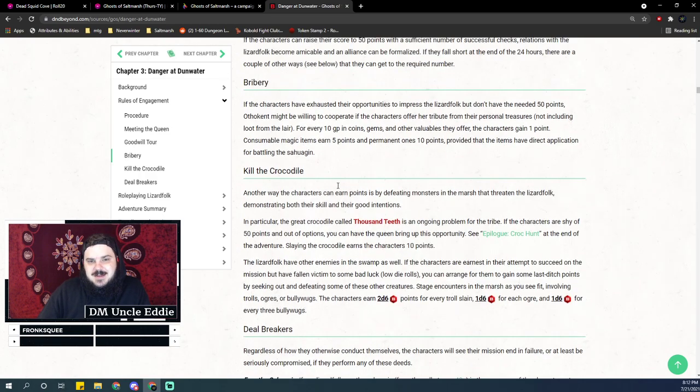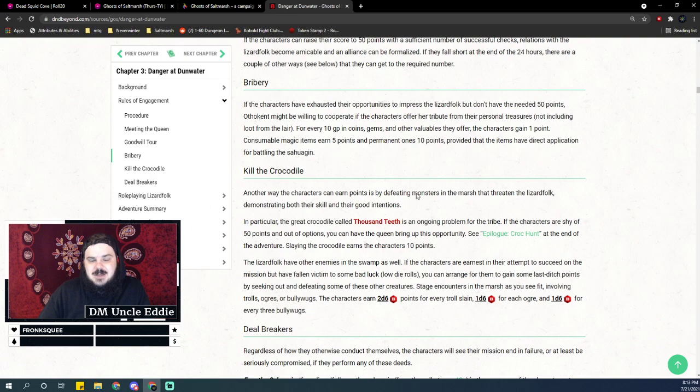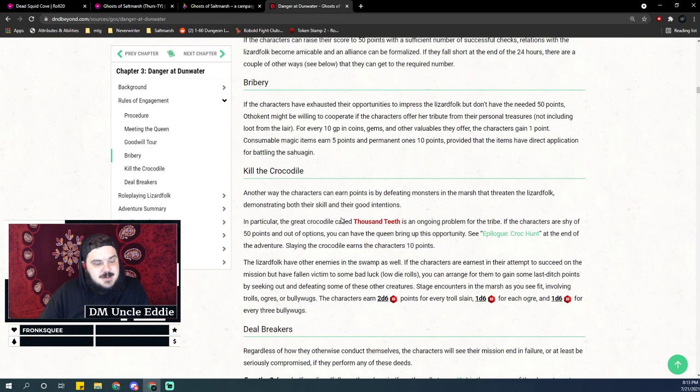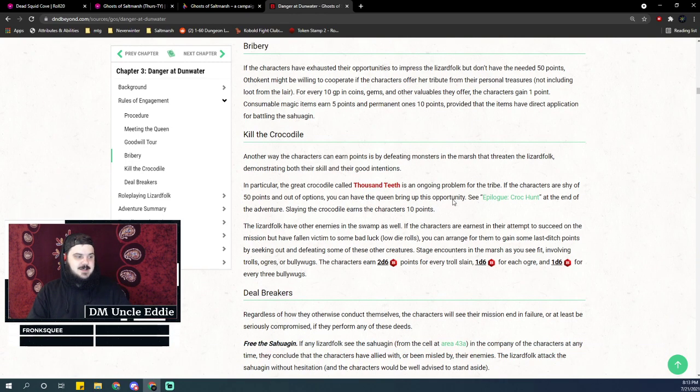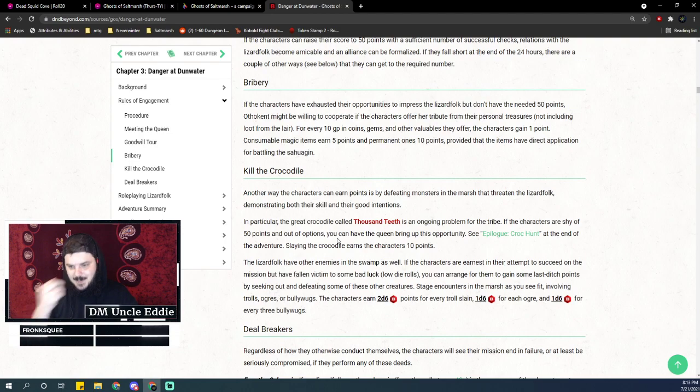There's other things that they can do. If your party is really not RP heavy, if they're a beer and pretzels kind of party, or if they get bored of RP easily, you can have the queen send them on these little side quests. I will probably have the queen send them on this anyway at the end of it, but if you kind of want to run it like that